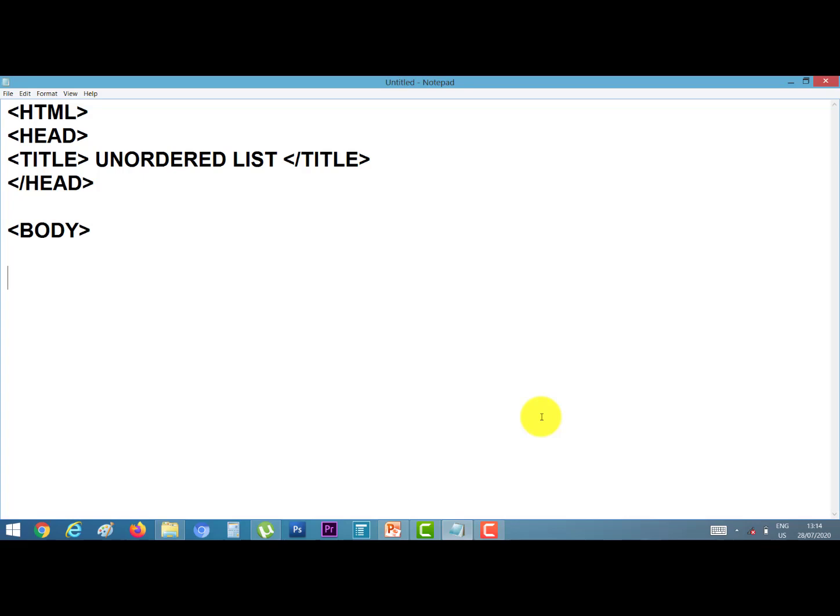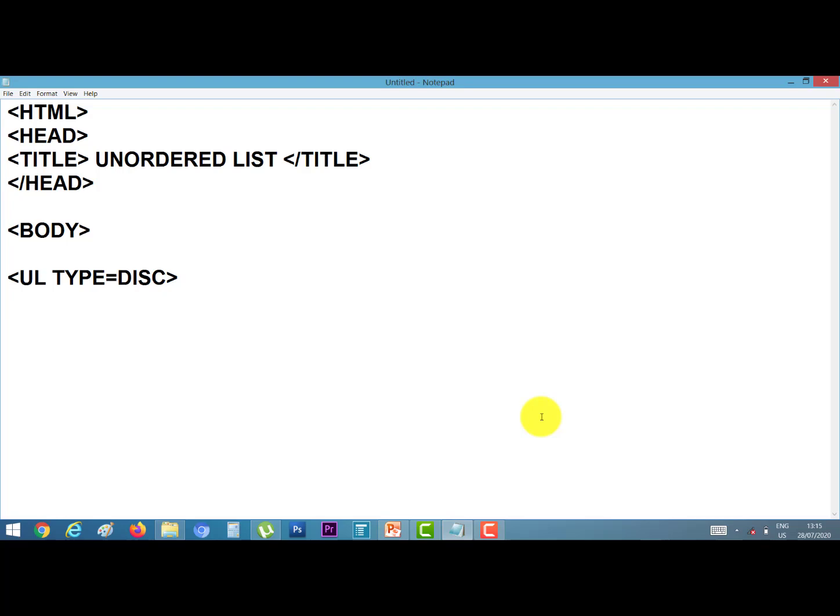Here we use the unordered list tag. Our unordered tag is UL and I am giving the type of bullet as disc. Now I am typing the items.